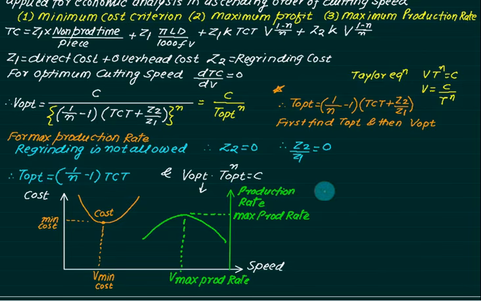Prepare this topic for GATE. You always get a numerical, even for IES. So this one is V cost minimum, as seen from the graph, the lowest value, and the cutting speed for production is the maximum value, naturally. In between this, we introduce the cutting speed if we are interested in profit. The first one includes the cost minimum.